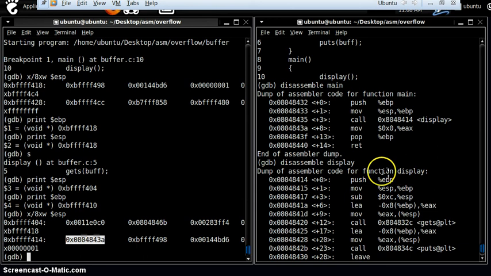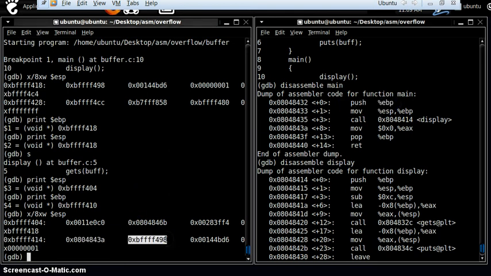Okay, here three things are happening at a time. We are having EBP's value onto the stack, this one. As soon as the function is called, first we push EBP, which is this value.